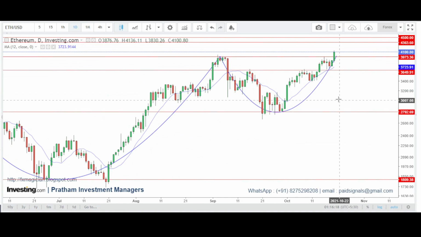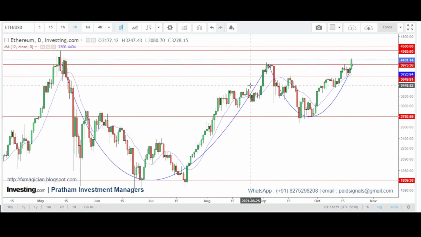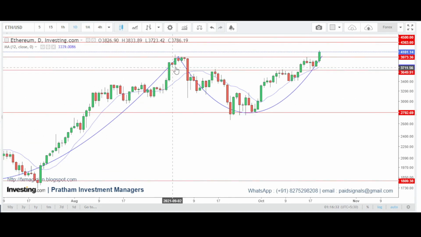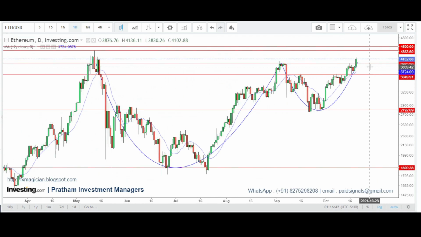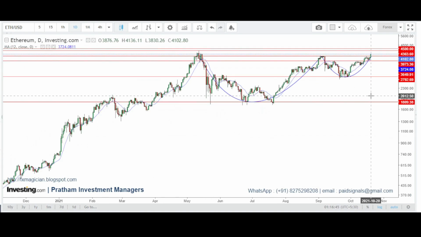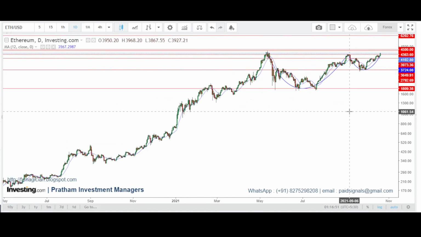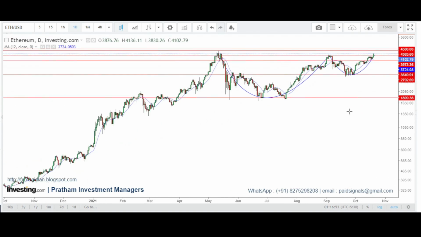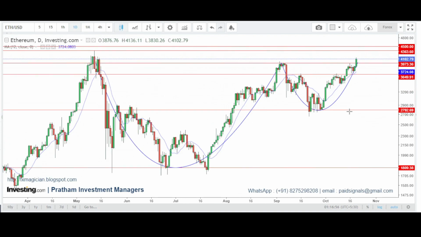I am sure that it will close today's candle above the neckline area or the breakout zone. So this will be confirmed as a breakout of the bigger cup and handle formation. It will be considered the breakout candle, and from the next candle we may start to go long in this crypto. So that's all. We will see these kinds of moves in some of the cryptos in coming times. This is the best risk reward.